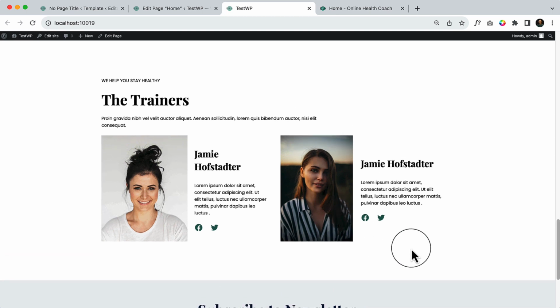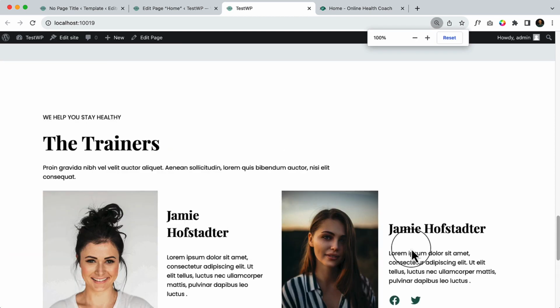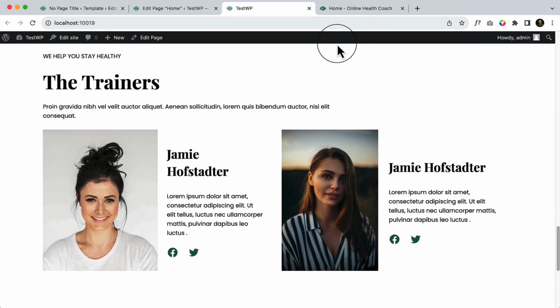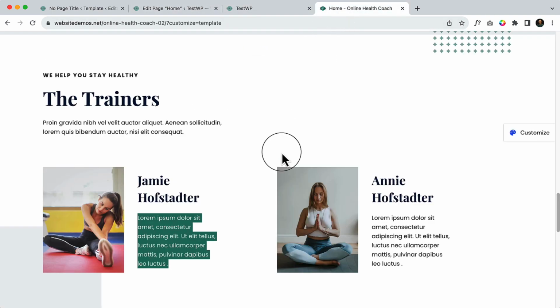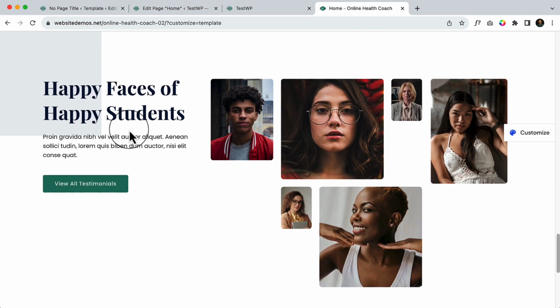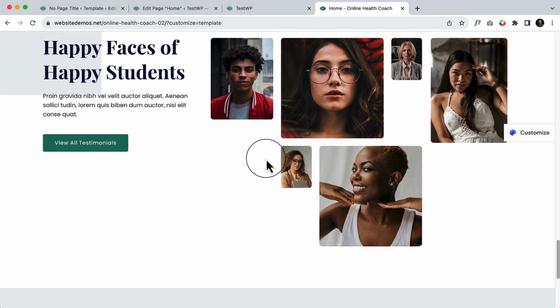So I'm happy with the result as of now. That's okay, we can continue this style. So now there is a last section which is the happy face. I'll be creating this section in